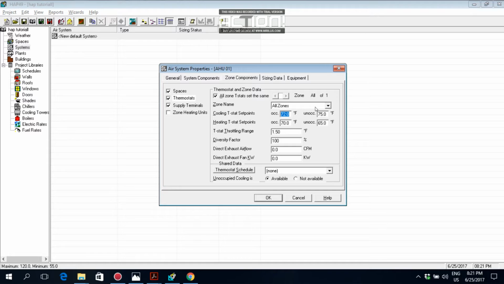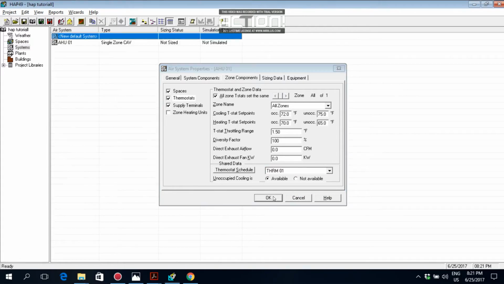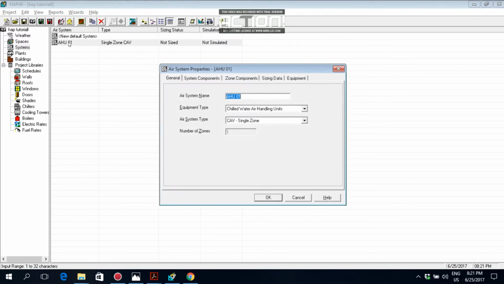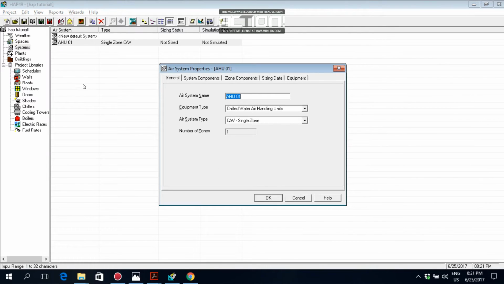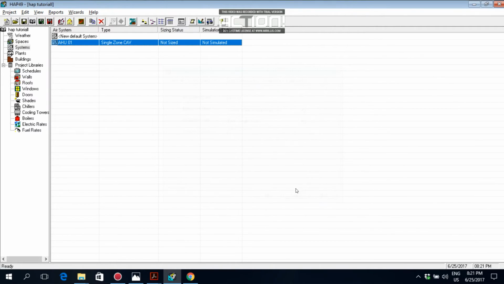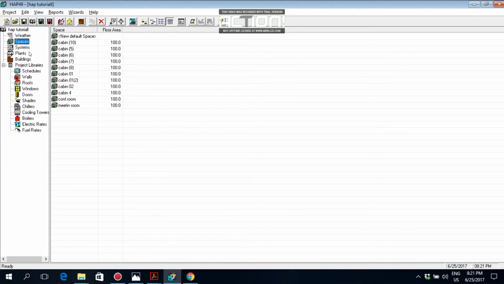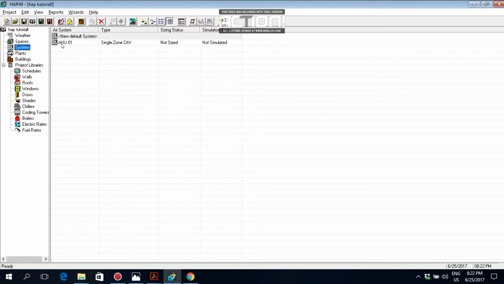Now once you enter these two pieces of information, come over here and select the thermostat schedule. This schedule we created in the last video, if you remember, in part 3a and part 3b. So I'm selecting this one and click OK. Once you click OK, this system is going to be created. Let's conclude what we have seen over here. We have seen the spaces, the number of spaces which we have created and which appeared here, and we want to create one system,